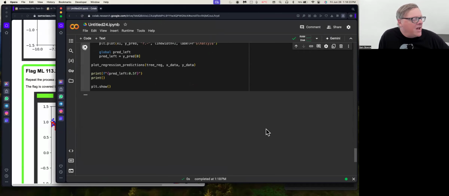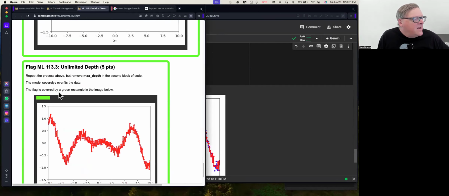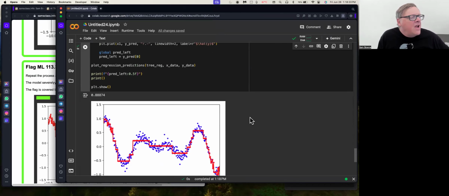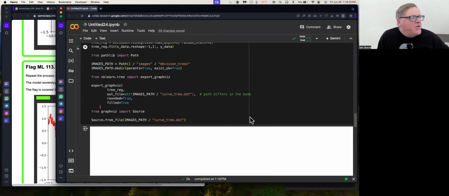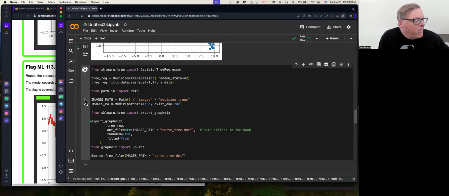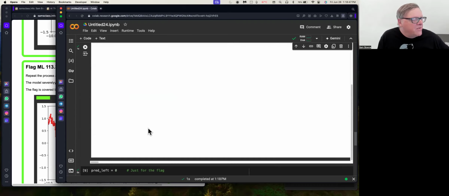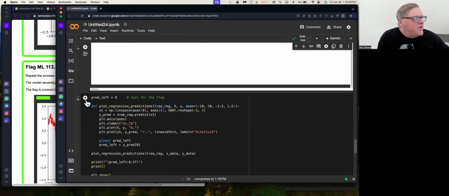Now if we plot it, you can see it does a much better job stepping through the data with all these horizontal bars. And then what was more fun is to just have unlimited depth. If you just let it use whatever depth it wants to, which is what happens if you don't set the maximum, then this is going to be ridiculous, of course. And now if we do the prediction,